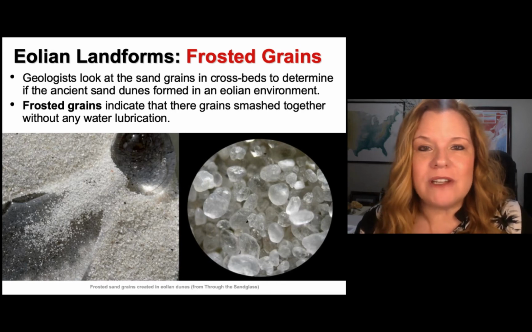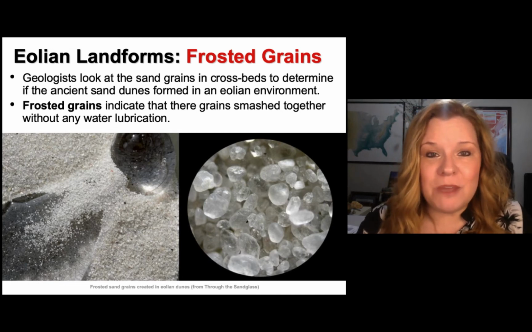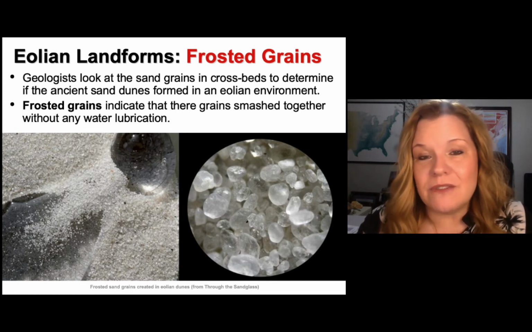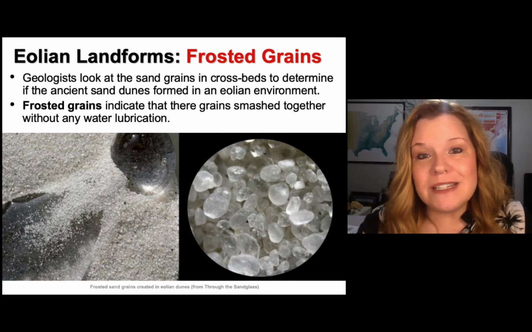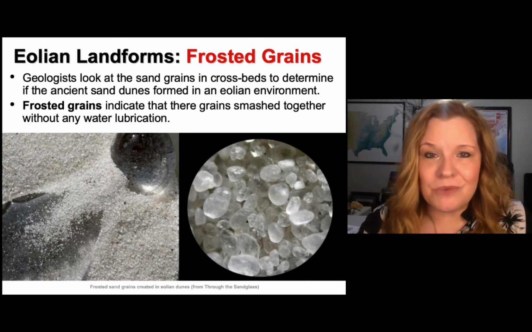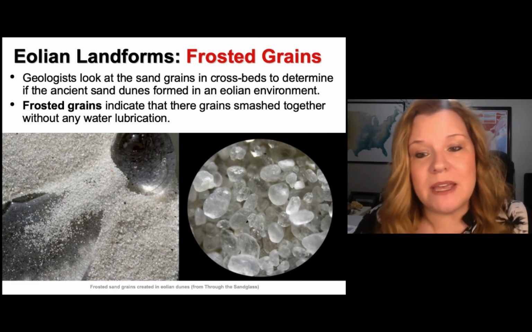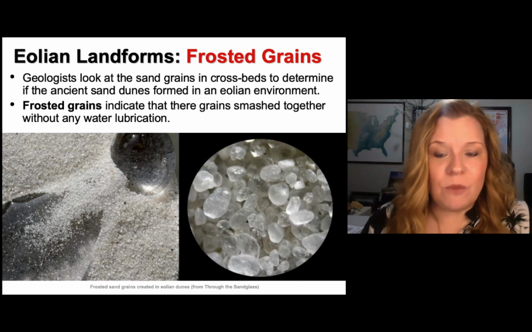So I mentioned Sedona, Arizona. That was the secret to unraveling how that area looked, because geologists were baffled: why aren't there any crossbeds in the rock formation that makes up most of the area, the Bell Rock or Schnebly Hill? And what it took was a geologist looking at the sand grains to see that they were frosted. And so the hypothesis was that a marine transgression came in and smoothed out all those crossbeds. And that's why we don't see the crossbeds, but we have the frosted sand grains from when it used to be much like Zion.